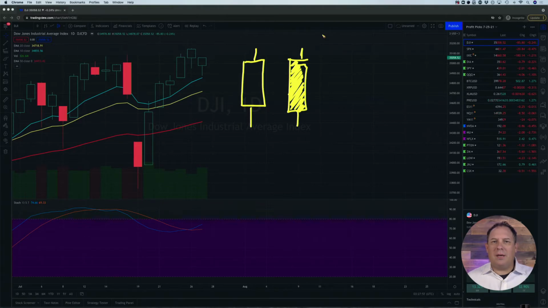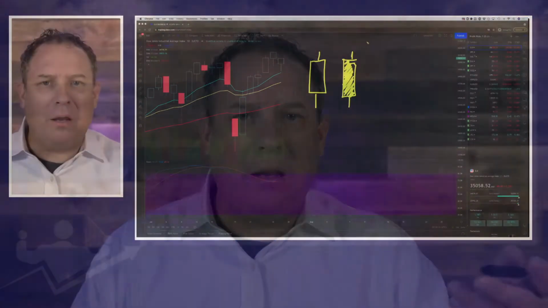But if you were using a traditional chart, it would probably be black and white. And what you see on my screen is a yellow, I called it a hollow candle. That would typically be referred to as a white candle because it's on white paper, so it looks like a white candle. But the truth is it's just not filled in. And then the one you see on my screen here as a yellow candle,